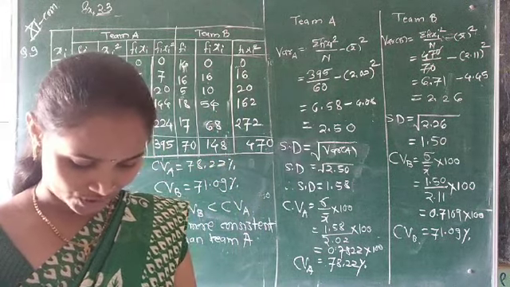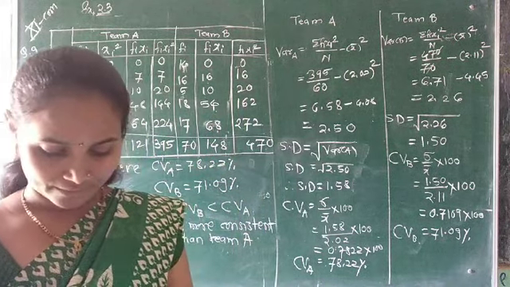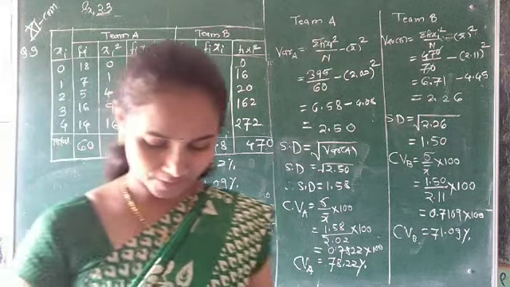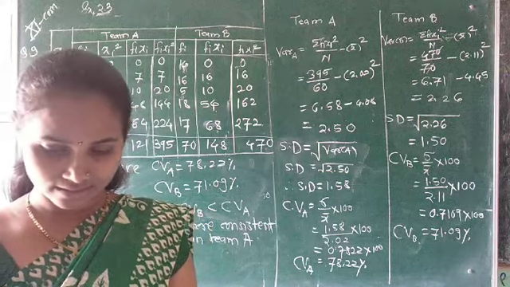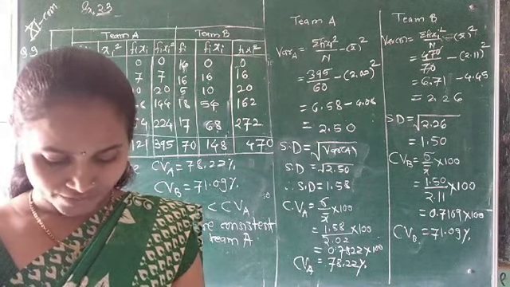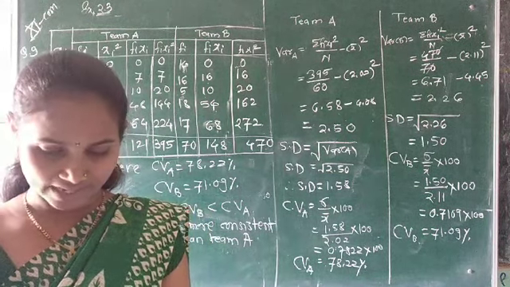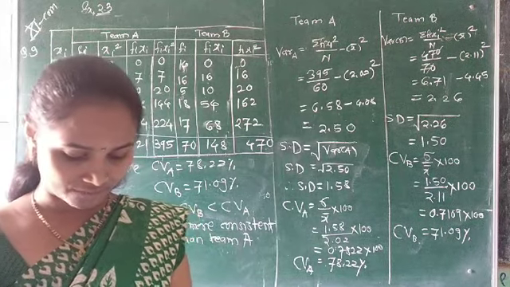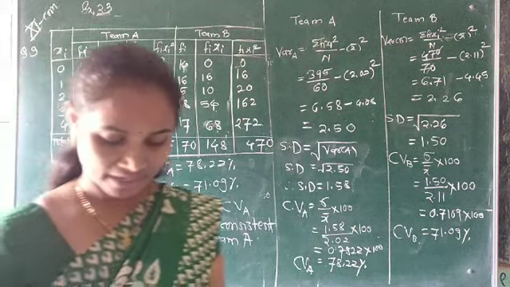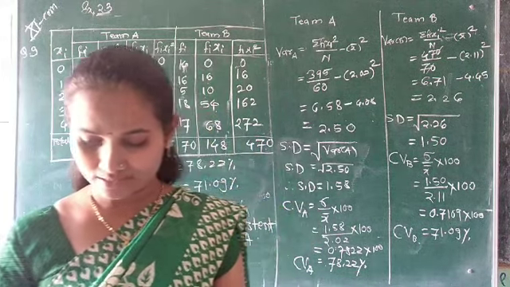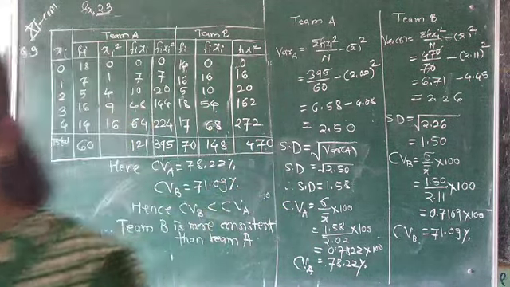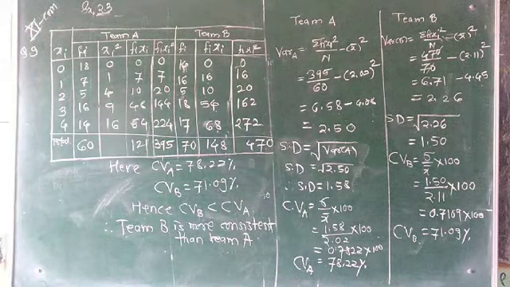Now see, the next question is given below. The information is obtained in marks, that is mathematics and statistics, by 100 students in a class. Which subject shows highest variability in marks? Which subject shows more variability in marks? The mean and standard deviation of maths are given, and the mean and standard deviation of statistics are given. So whose variability will be higher?